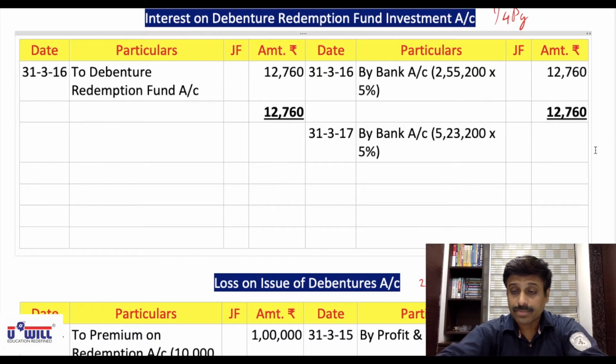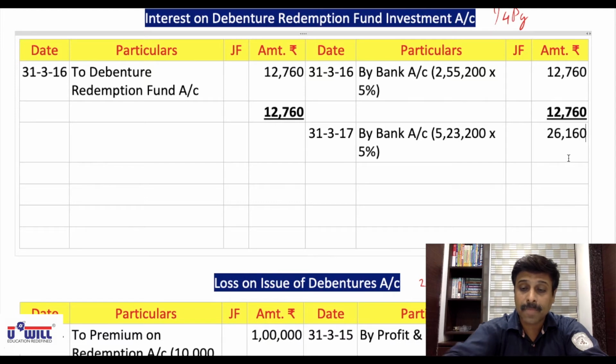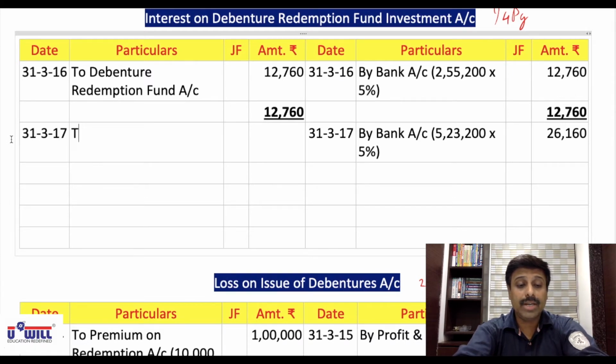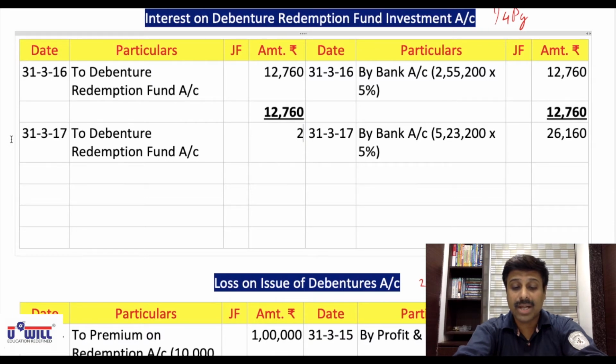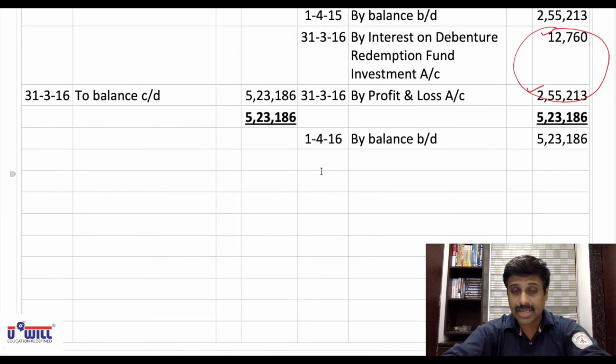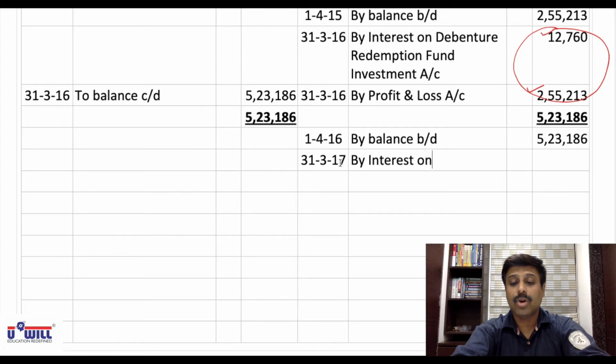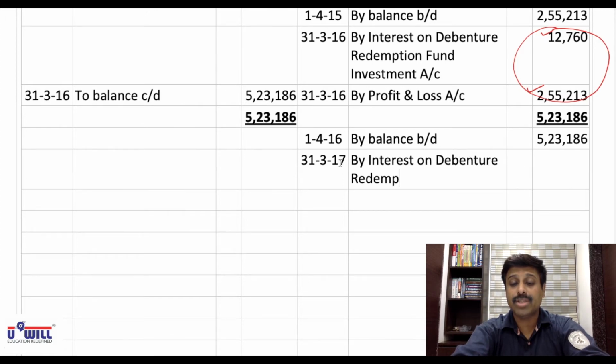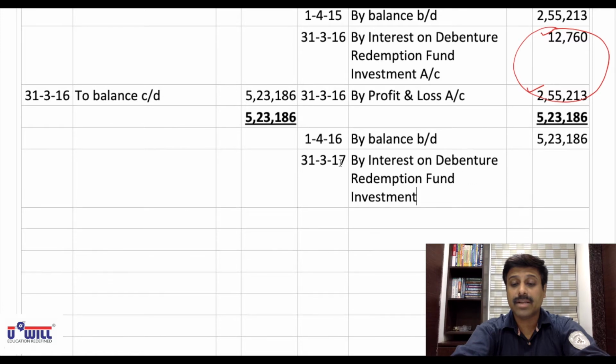26,160. Okay, 26,160. Now this interest will also be transferred to the fund. So debit side 31,317 to debenture redemption fund account will transfer 26160. Okay, the entry is interest account debit to fund account. So interest account debit side to fund account, and fund account credit side 31,317 by interest on debenture redemption fund investment account